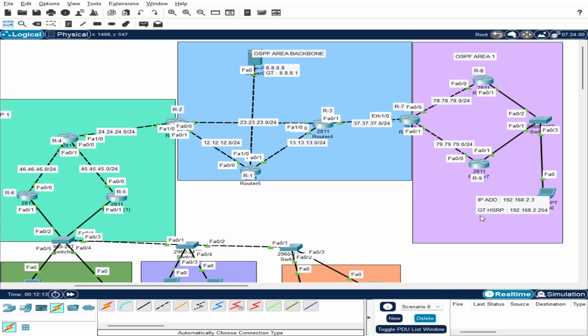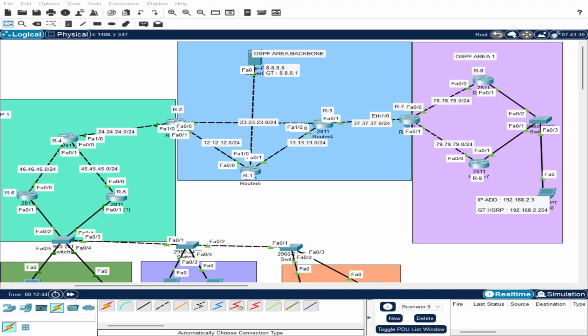It's all because of the routing feature that I use, which is redistribute. Yes, redistribute is used so two protocols can connect to each other. That's why I use redistribute.